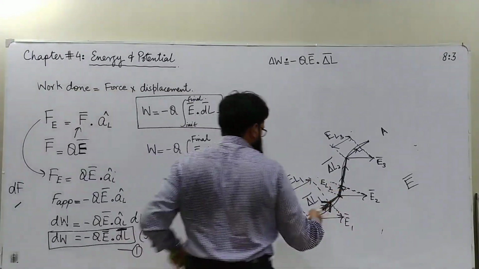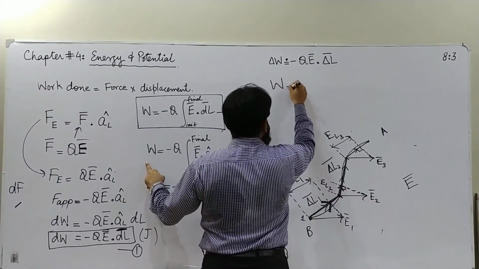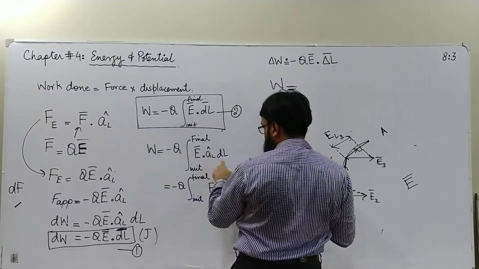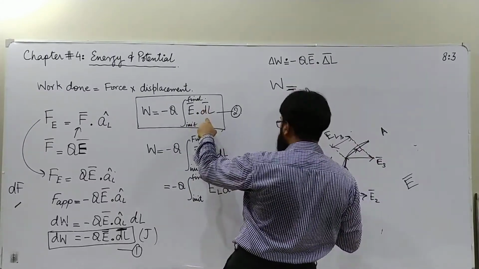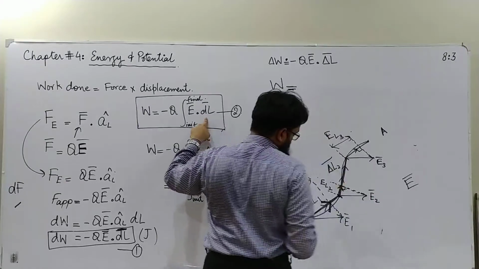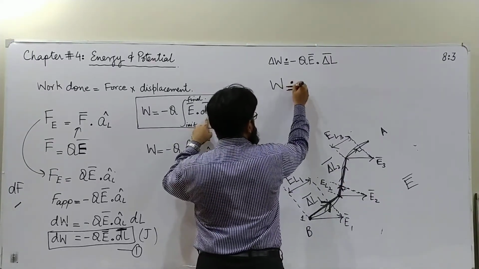This line integral is telling us the work done. Since I have not divided the whole path into differential lengths but into incremental lengths, this should almost be equal to